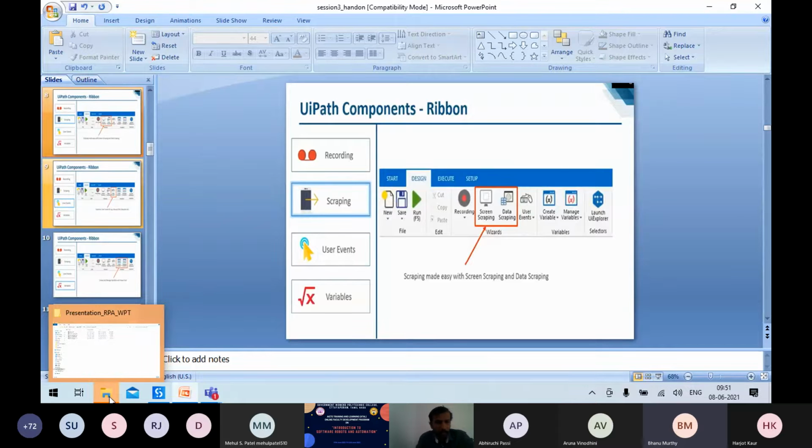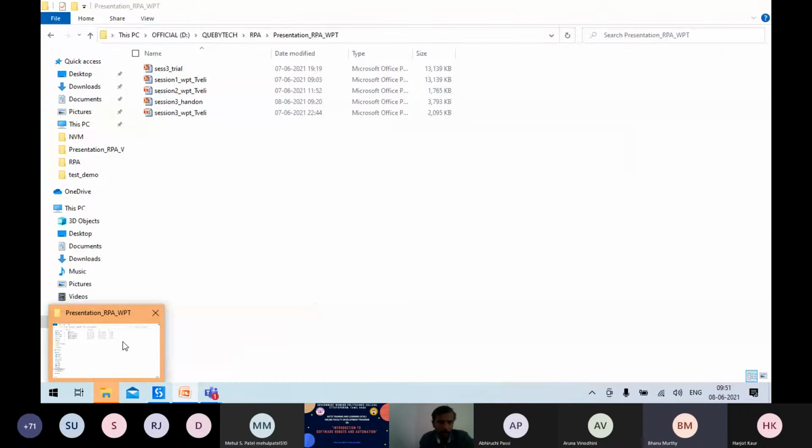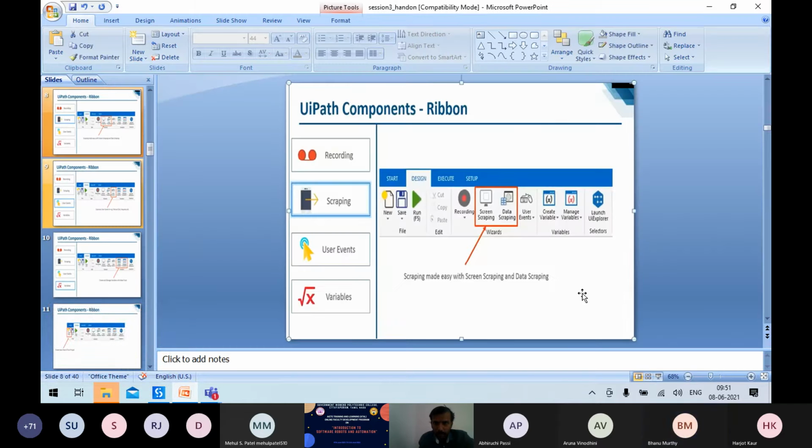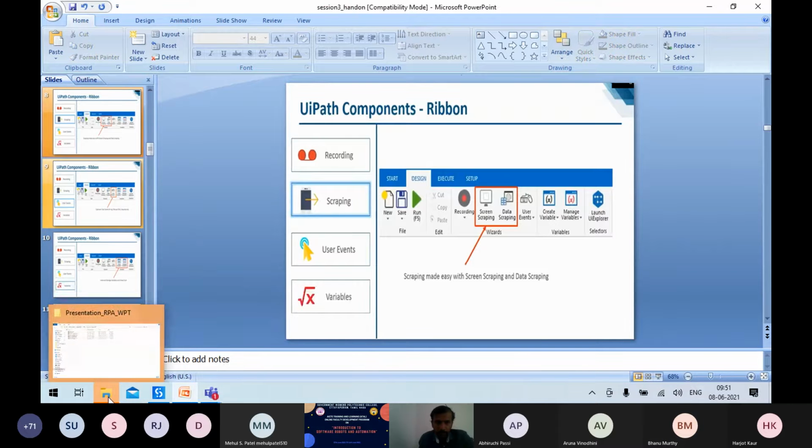Did you exactly open our UiPath Studio? I have done it. It is showing UiPath Automation Cloud. Okay, we'll look into it. You started from the start and gave UiPath Studio, right? Yes, sir.